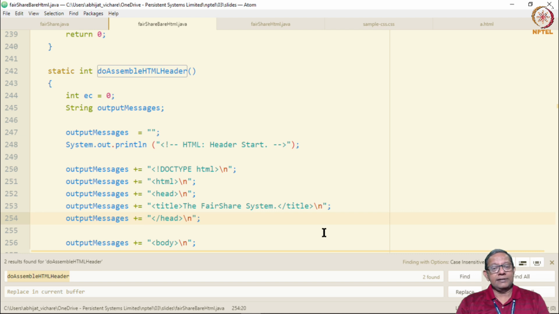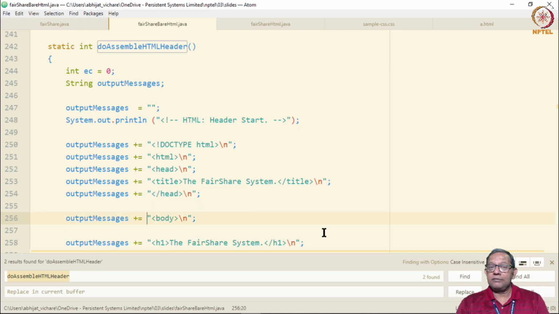The head ends here, the body starts. Notice that the operator used is plus equal to, which means that whatever is there on the right hand side is added to the previously existing contents of this variable. In other words, it just string concatenates.